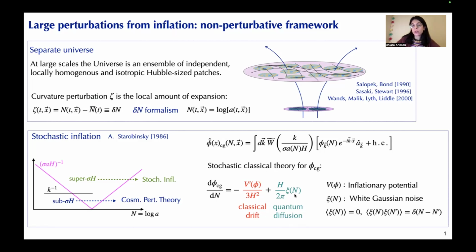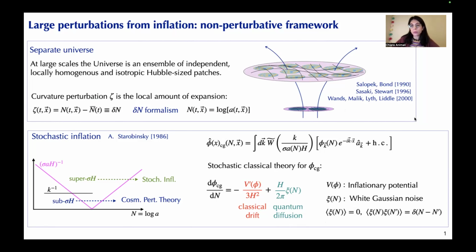Of course, the properties of this noise depends on how we coarse-grain our field. If we consider a sharp window function in Fourier space, then the noise will be white with no correlation over time. So our process describes a Markovian evolution, and also depends on the cosmological perturbation theory we use in the subhorizon sector. If we use cosmological perturbation theory at leading order, then we have a quadratic theory and it predicts a Gaussian noise. So in what follows, the psi here will be a white Gaussian noise with vanishing mean and unit variance.